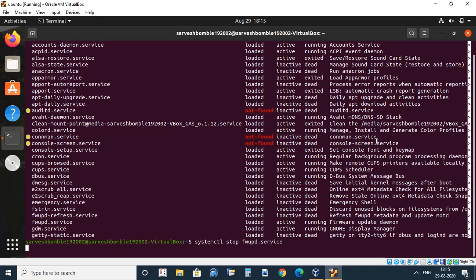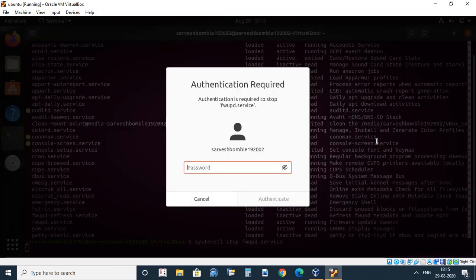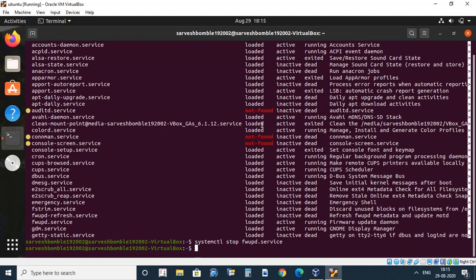I will press enter. Yes, and see, it has asked me before stopping any particular service: authentication is required to stop fwupd.service. So I will just enter my password here. Yes, and all right, the service has been stopped.